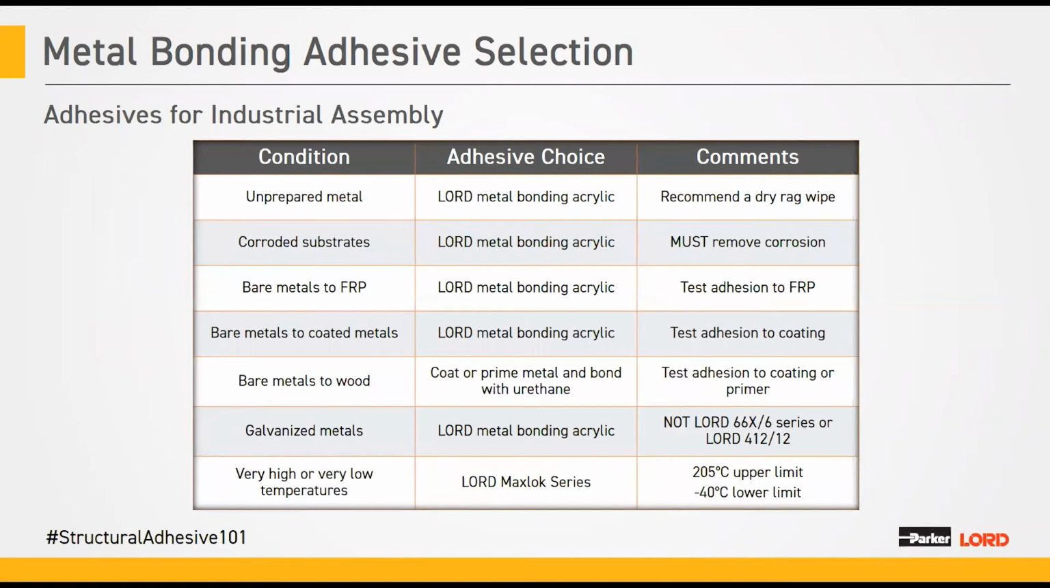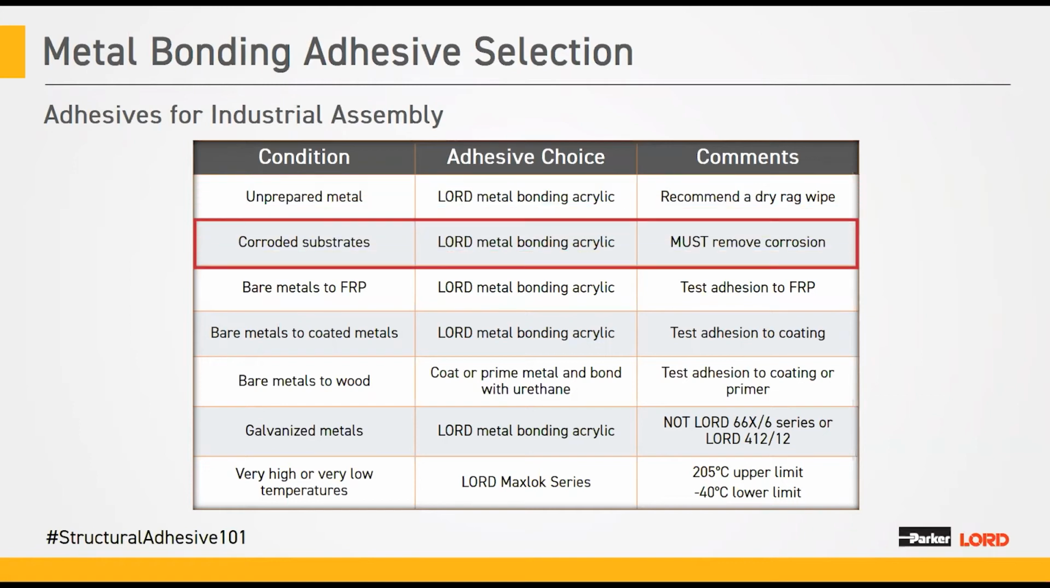So just a basic idea on how to select a metal bonding adhesive with this slide. We want to talk about that just a little bit. The condition of the material that we're starting with, where we would choose which adhesive, and then maybe some comments on it. So unprepared metal, so the basic as received metals materials, we select the metal bonding acrylic. That's primarily what we're going to do with all of these. Whether it's corroded, then we would ask that the corrosion be removed. You can't make a good bond if you're bonding to a corroded surface such as rust or the oxides that